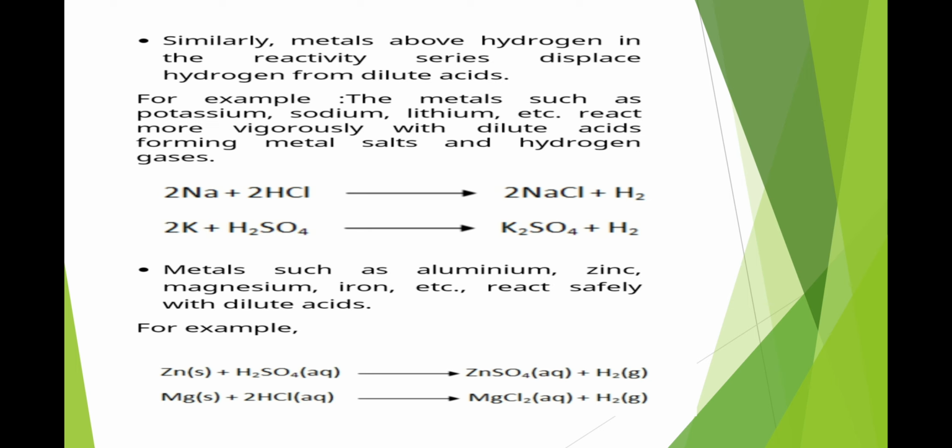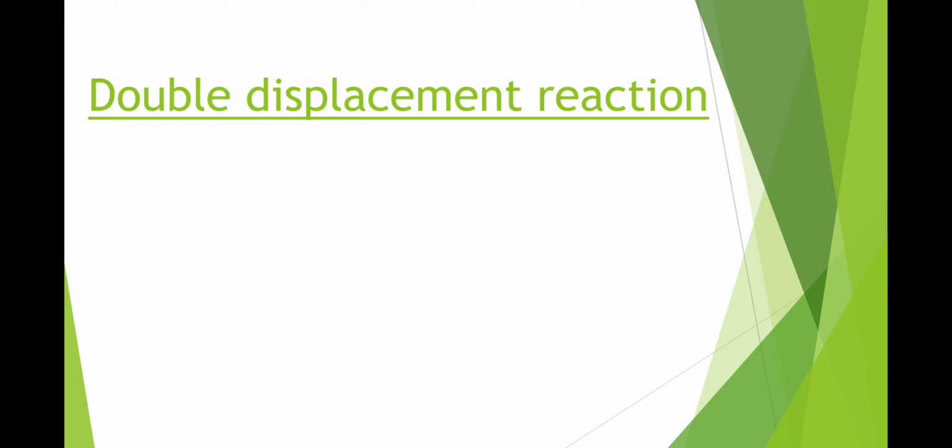From all these reactions so far, I think you have understood what a displacement reaction is. Simply, one stronger or chemically more reactive element displaces an ion from the compound on the reactant side, and a new product is formed. Okay. Now, let us move on to our next type of reaction. It is the double displacement reaction.